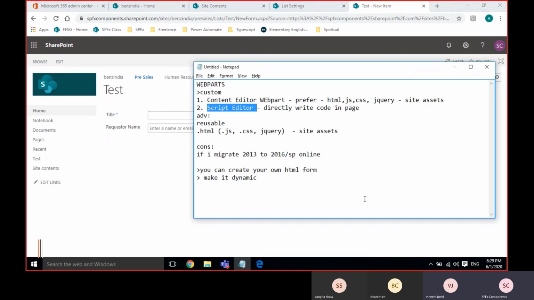So it is an issue with the script editor. We have to check whether there is any migration plan; if there is, then don't use the script editor, because in one of our previous applications we did it, and we faced these issues.